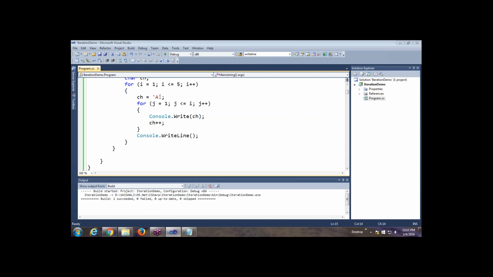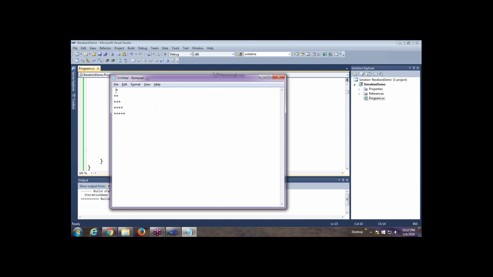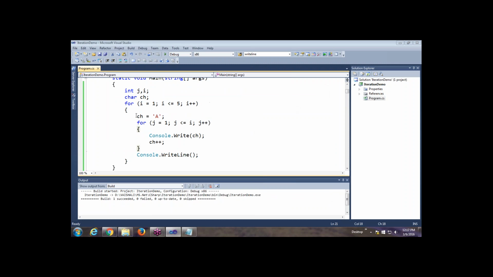Now we want a set of spaces coming up. Let us say we want some space coming up over here, and we want it to appear something like a pyramid. Instead of a straight triangle, we want a bit of pyramid kind of shape. So for that we have to get some spaces. So in this case, if you want spaces, then we need to use another for loop for j.